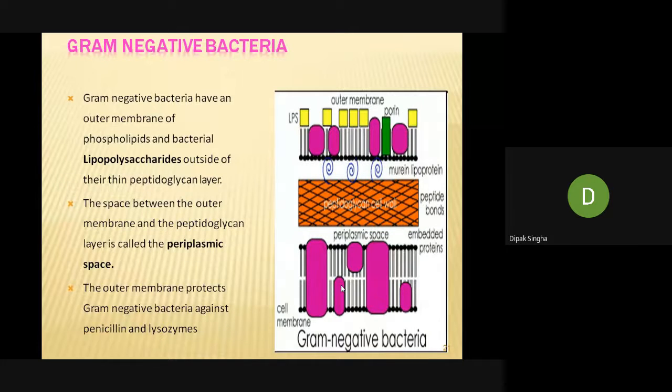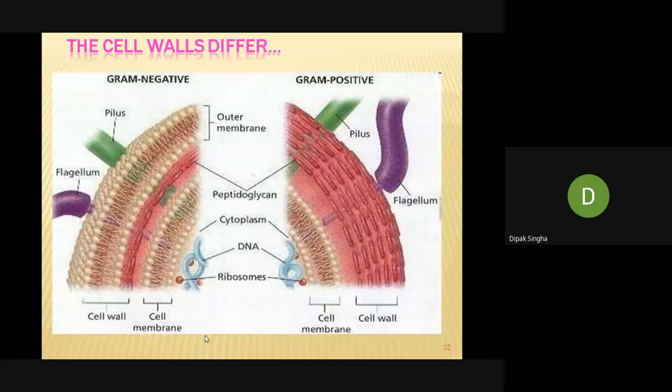I think for all of you, the lipopolysaccharide is very important. You can remember it. What is the difference between the gram positive and the gram negative? The gram negative has the lipopolysaccharide, and the gram positive mostly has the peptidoglycan. No lipopolysaccharide layer is present in the gram positive bacteria. So these are the sides, these are the microscopic structure, the outer membrane, and this is the peptidoglycan structure. This is the cytoplasm, DNA, and ribosome. And in case of gram positive, this is pili villus. I think it is better you know it.